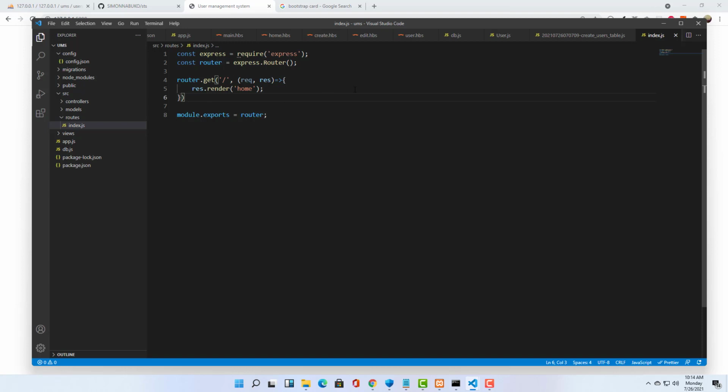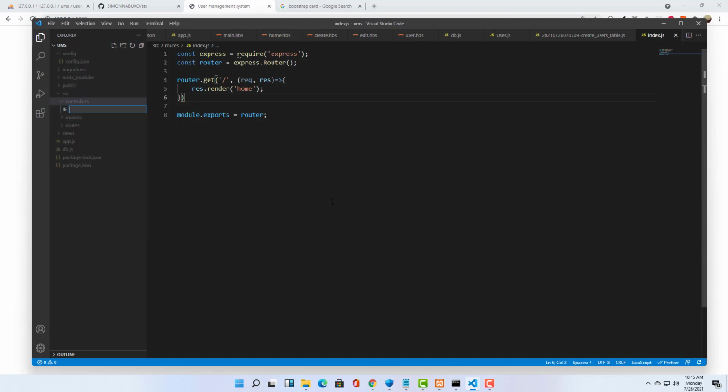Now, like in Laravel, I just like referring to Laravel because I work with it so much. In Laravel, you have the routes, and in the routes you can define a function, or you can define a controller that is going to handle that specific route. So that is the same thing you want to do here. Instead of using this, we are going to create a controller, and inside the controllers you just create a file, and we'll call it